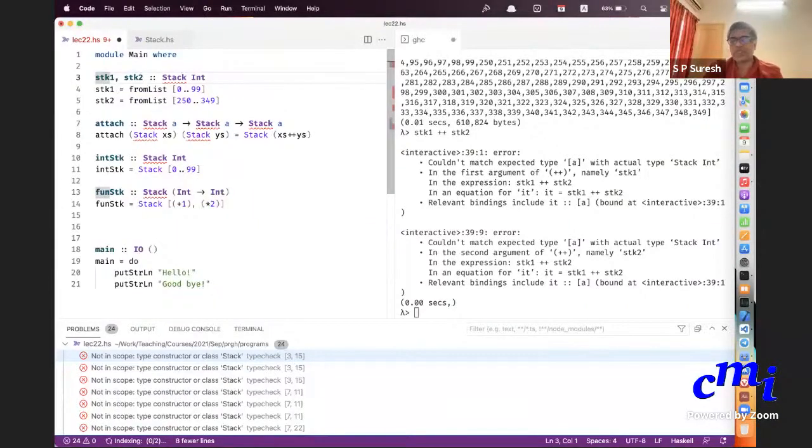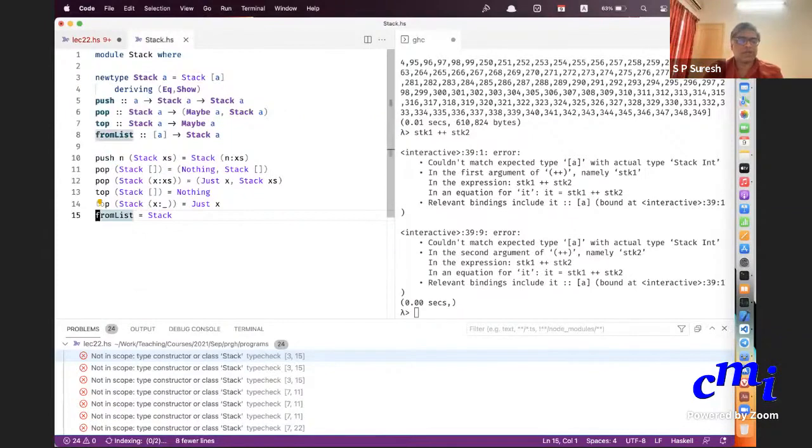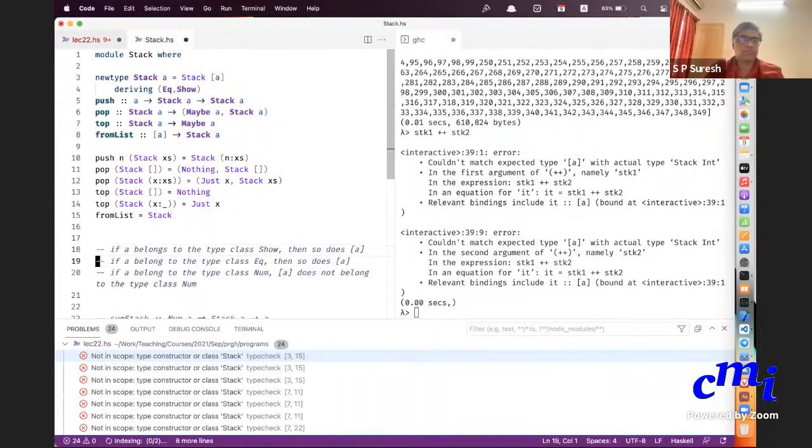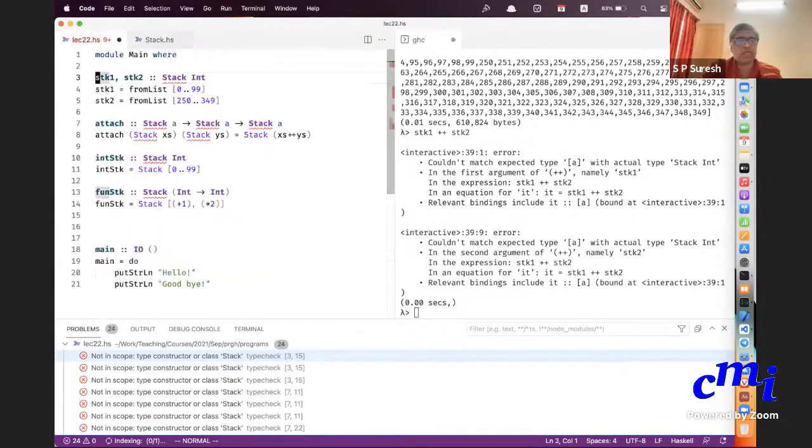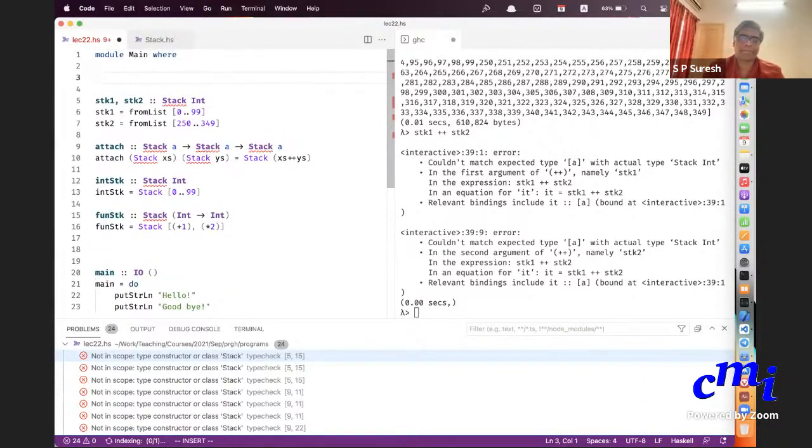This junk I also just added to the Stack module at the end. So that's stack.hs, that's there. So you need to import Stack.